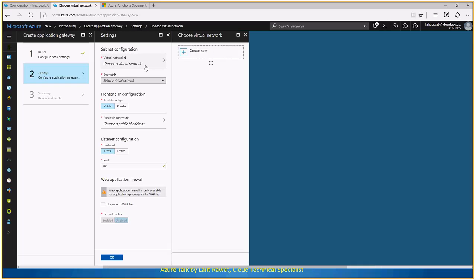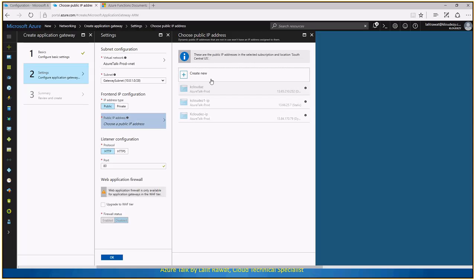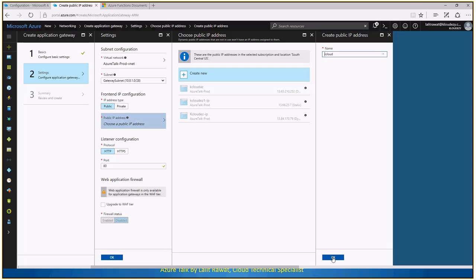which virtual network you want to connect. I'll say okay, I just want to select my virtual network, and once you select the virtual network, the subnet IP address associated with the virtual network would be automatically selected. And as we don't have a private IP address, we just choose the public IP address, where we are creating another public IP address for the load balancer